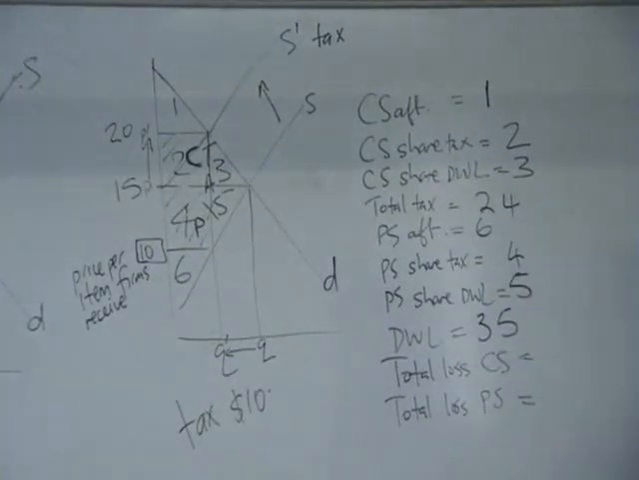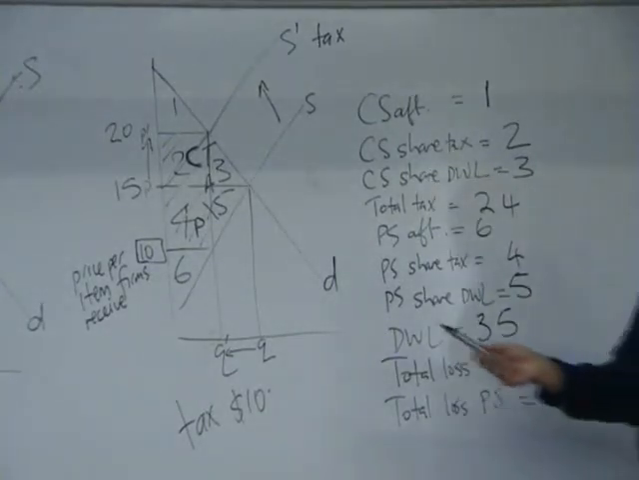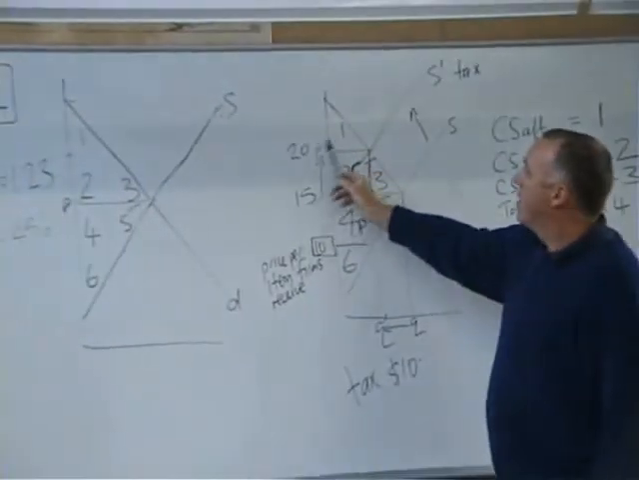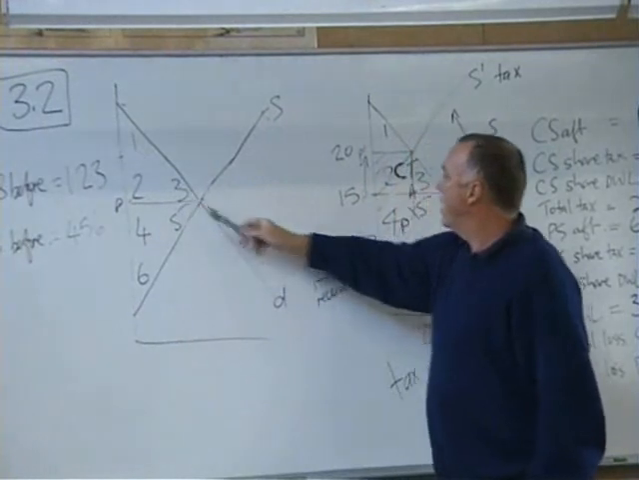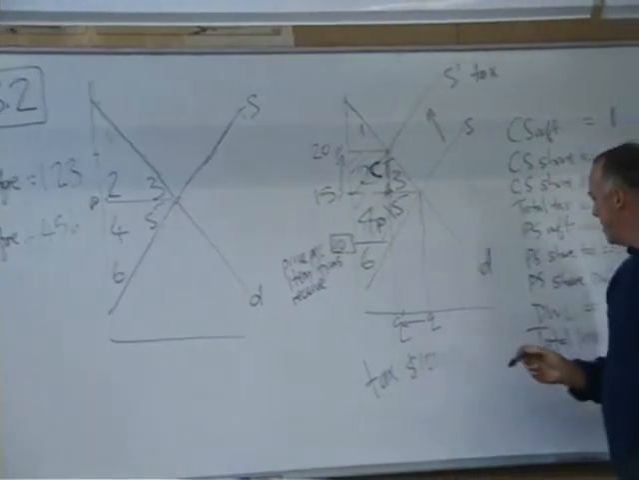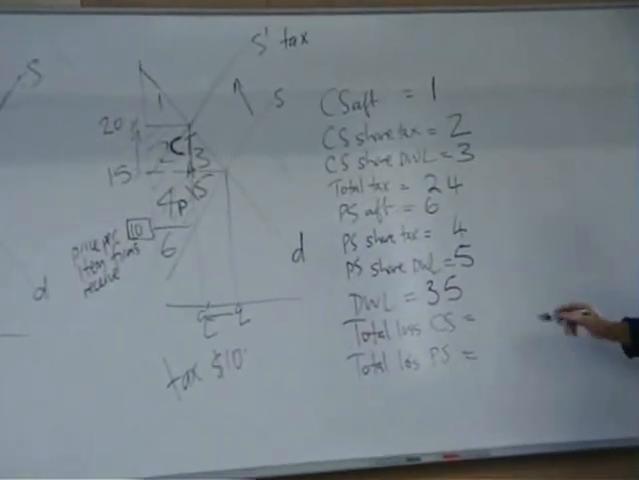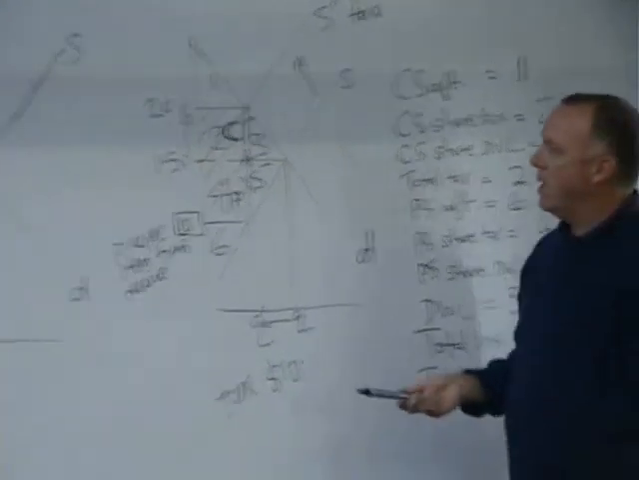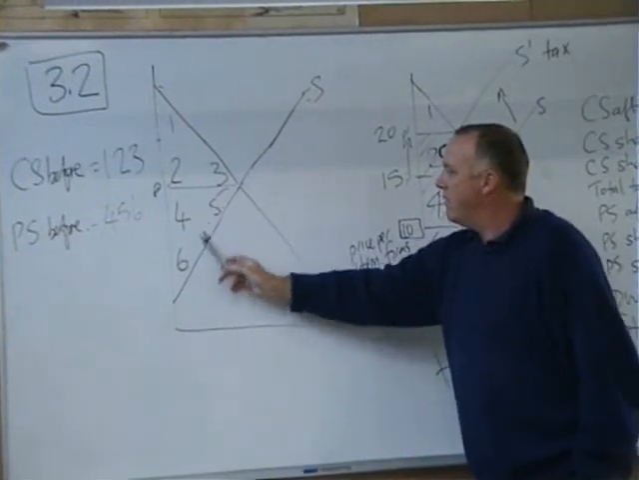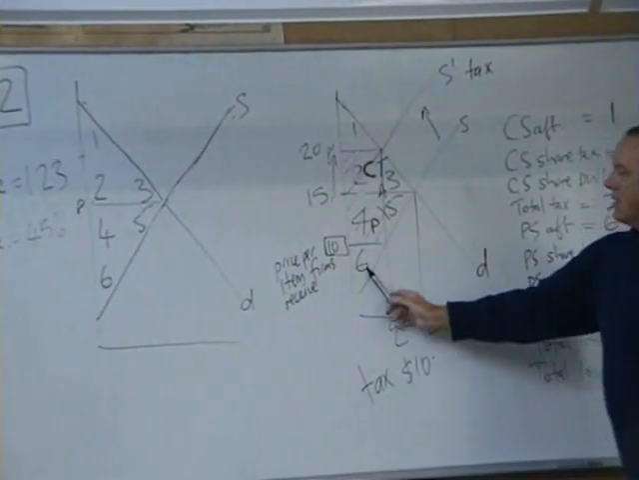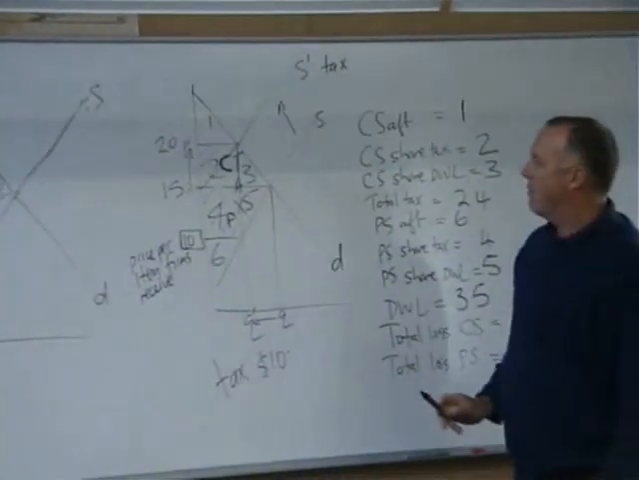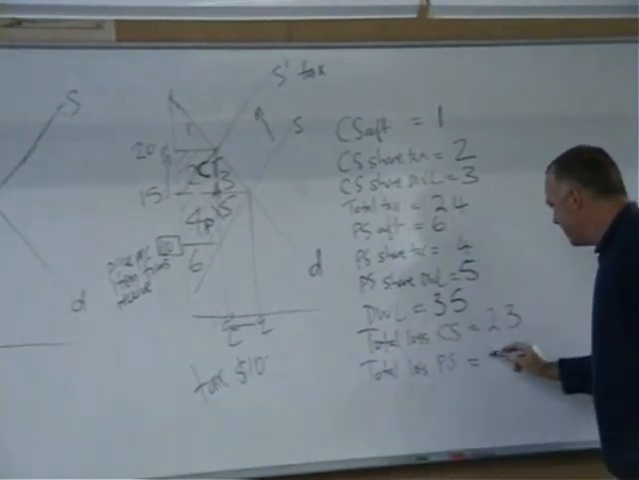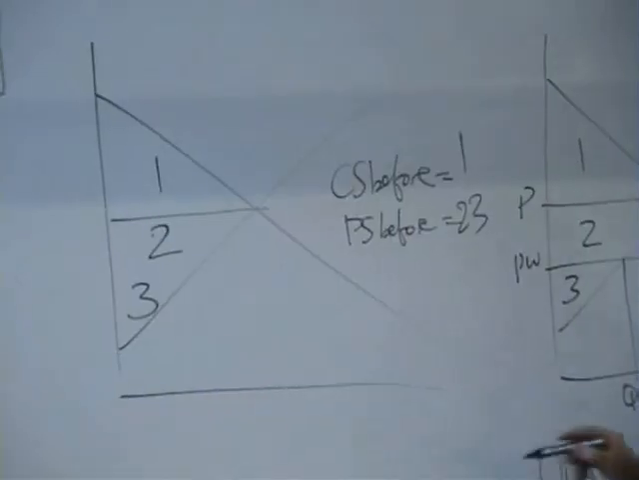The total loss of CS, well, if you look at the difference between the two diagrams, before and after, you had 1, 2, 3, now you've only got 1 left. So the total loss of CS is 2 and 3. And when you look at the PS, we had 4, 5, 6. Now we've only got 6 left, therefore we've lost 4 and 5. Now with the trade diagram,